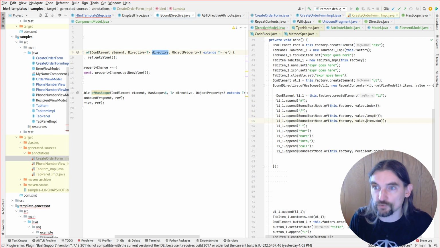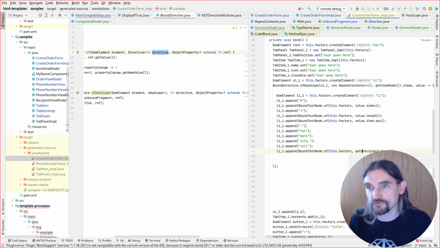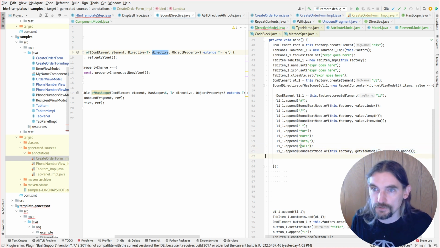because now we can loop and we can run this many times. This template now makes sense inside of here. This one won't get it because it's going to say, hey, I actually need get viewModel.recipient.phone. That'll make sense. And then once you got the li, we don't append it here. We say first at the top,